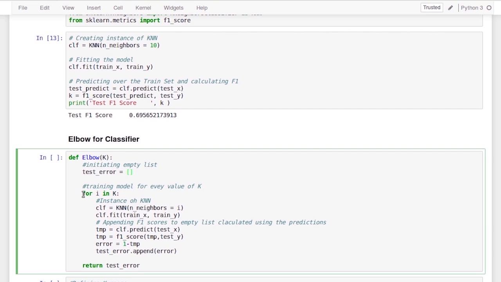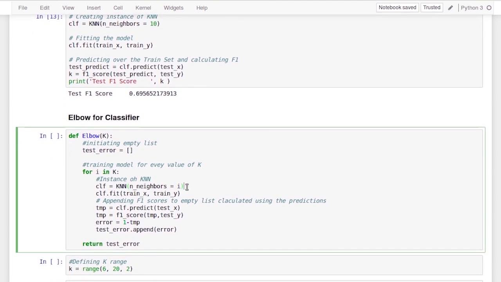that we need. To this function, we give an input k, and for every value in k, we create an instance of KNN using that value of k as n neighbors. Then we train the model, we make the predictions on the test dataset, and we calculate the F1 score.